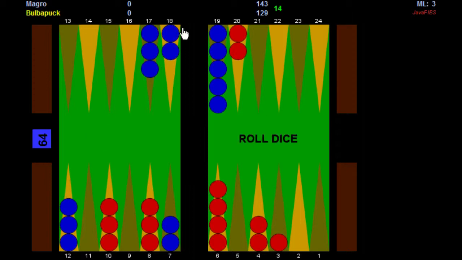Now I'm going to have to hope for like a double 4, 5, 6 to come out with these guys, but we'll see how the game develops. 5-2. I think this just makes the 3-point. I'm not going to get fancy with this. Double 6. Wow. Okay, so now it's a fairly even race, but